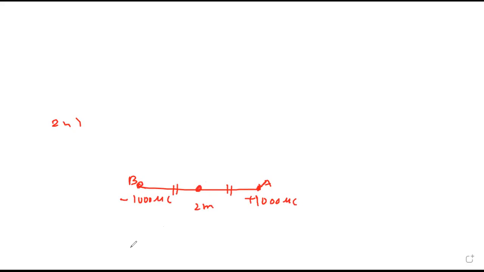Electric field at the midpoint of this line AB, and at a point which is at equal distance of 4 from each charge. Equal distance of 4 from each charge means it lies on the perpendicular bisector. Then this distance will be equal, which is 4 meter from each charge. Done. So first point,